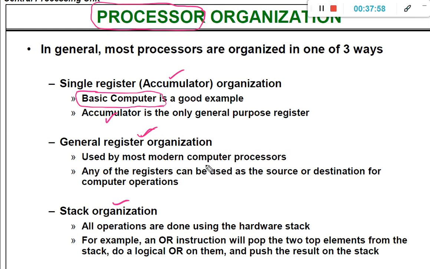in which there will be plenty of registers available, and we have seen in the previous class how, using the general purpose registers, we carry out the arithmetic as well as the logical operations.